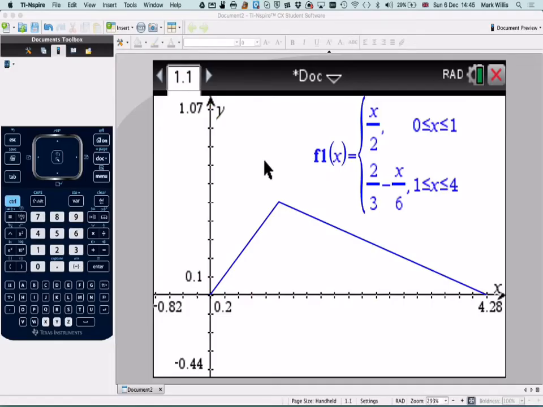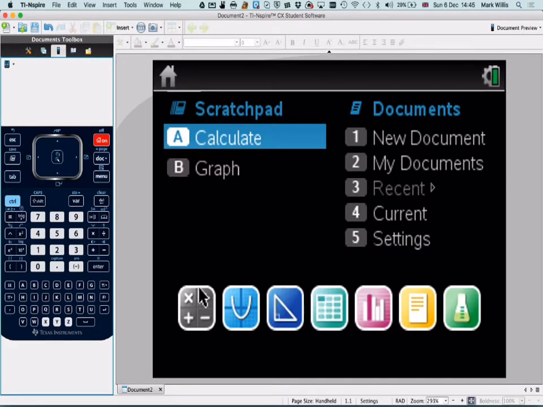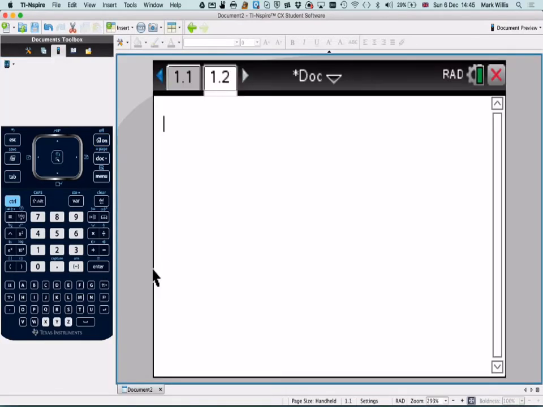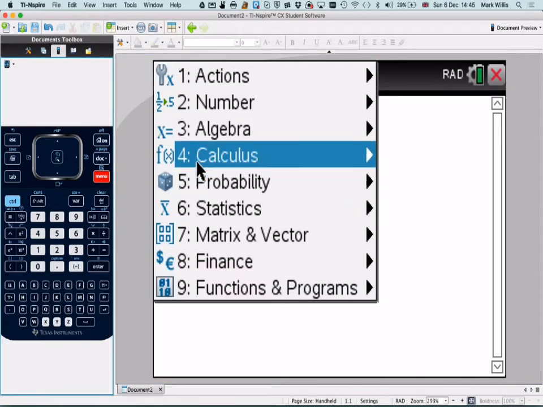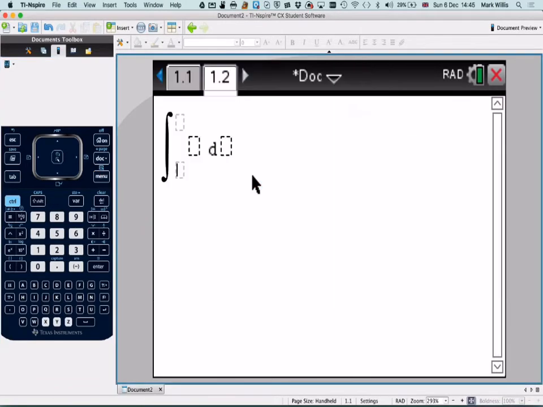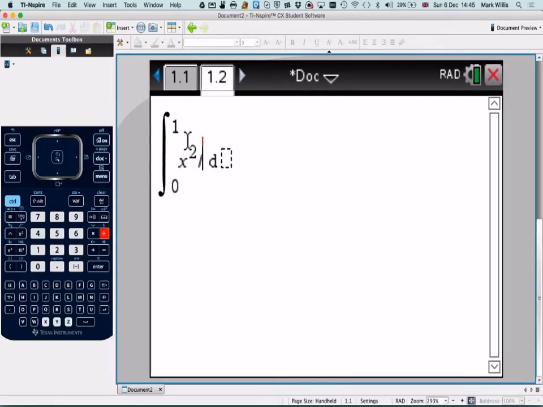So going to my GDC, I'm going to press for a calculation mode, and then I'm going to do menu, and I'm going to go for calculus, and I want to do a numerical integral, and then I just put the numbers in. So it's going to be 0, 1, the integral, which is going to be x squared over 2 divided by 2. I have to tell the calculator which variable to integrate with respect to, plus, again, menu,